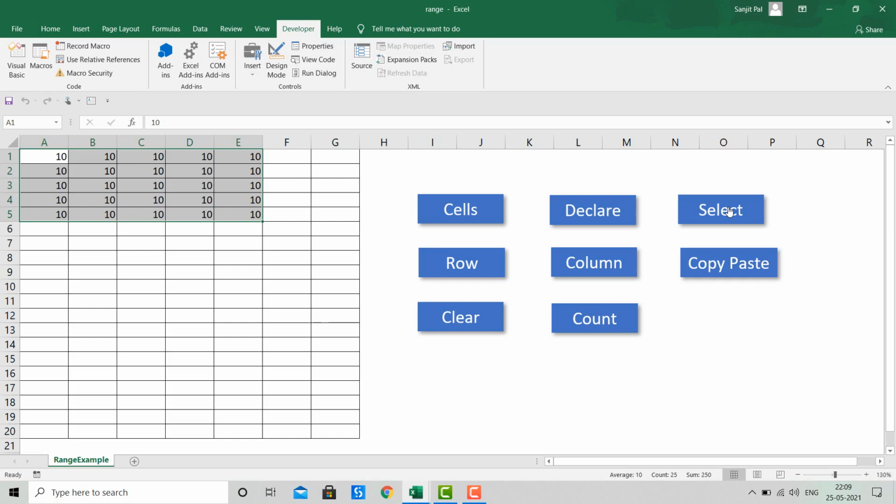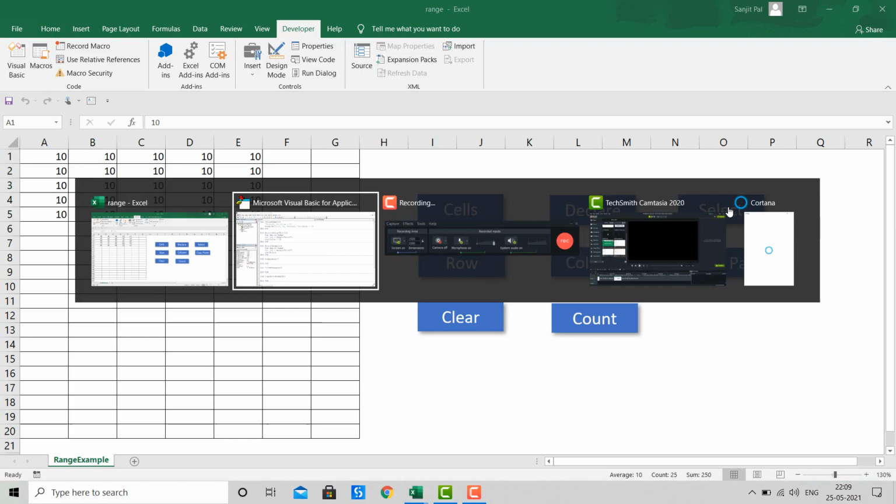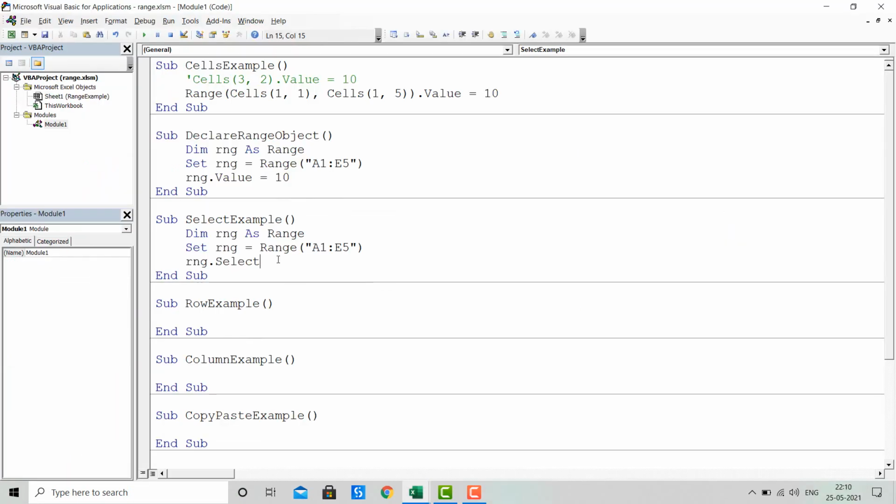Now it's time to move on to our next property, which is rows. How can we use the rows property? So rows is basically used to give access to any row. Let's move to the Excel view, and here to see the rows property, we'll copy the same code and paste it in the sub procedure row example.